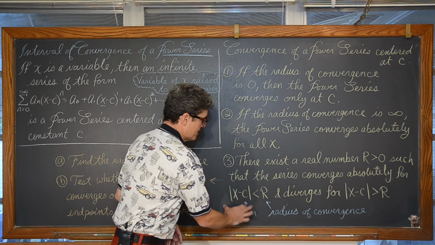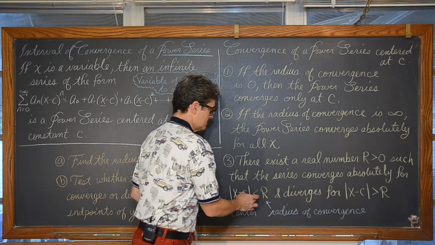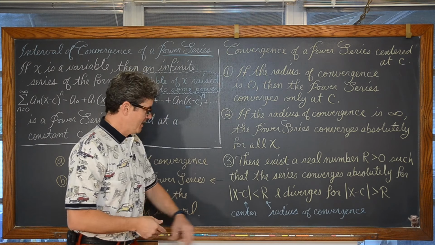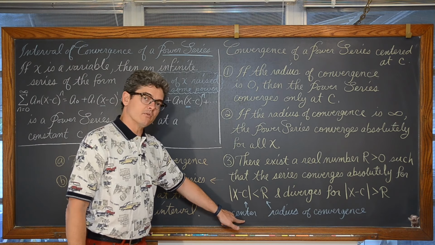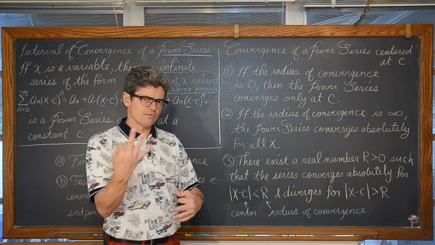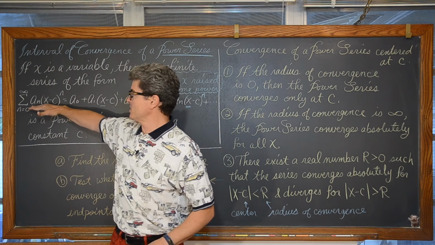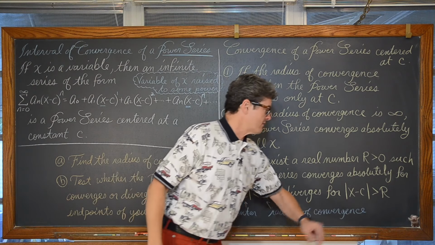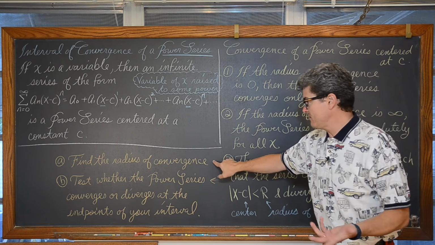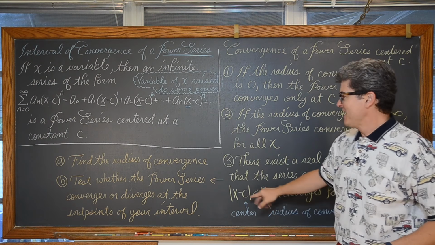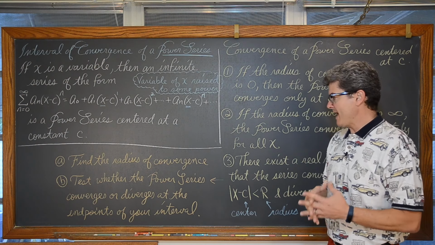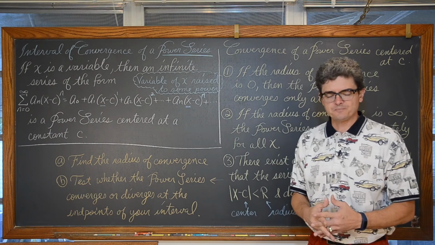When you get the absolute value of some binomial alone, and it's less than, well, whatever your radius of convergence is going to be, we'll be able to identify what the center of our power series is if we can't already see it in the expanded form. And for the three examples that we're going to be doing, we're going to have our series written like in this format here. And we'll have our radius of convergence. Now from there, we're going to find that we'll have found that radius of convergence. And then we're going to test whether the power series converges or diverges at the endpoints of your interval.